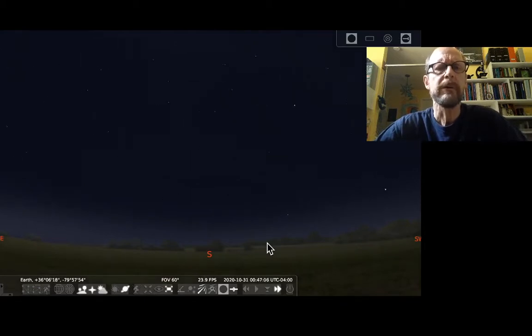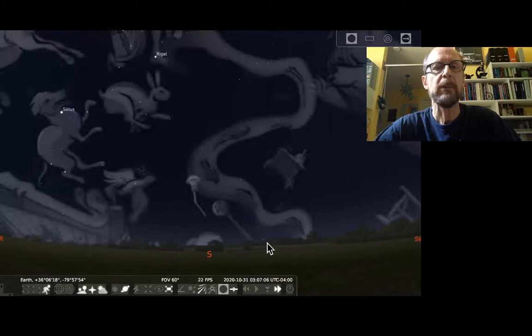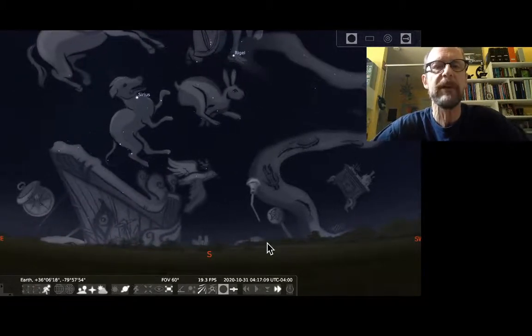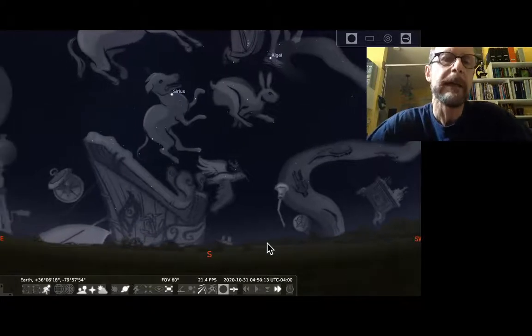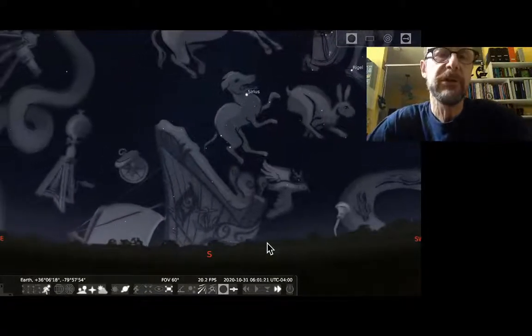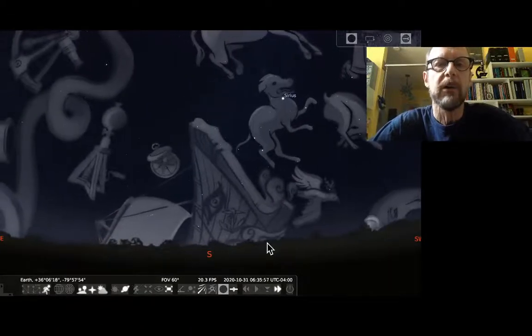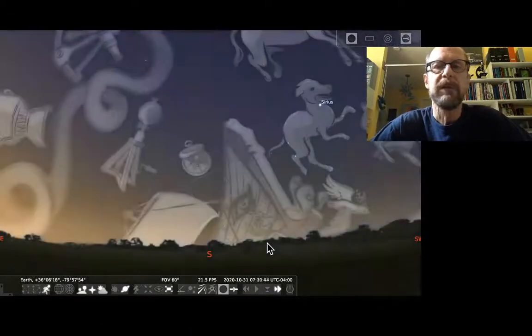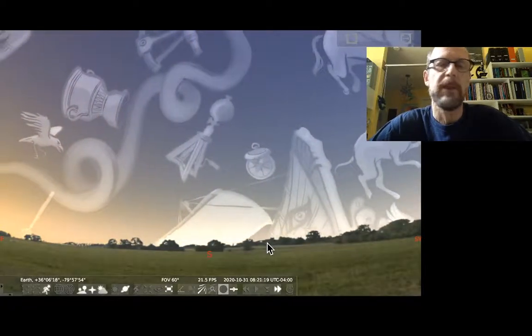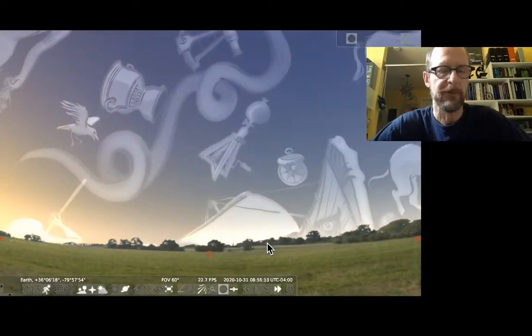So what are constellations? Well, historically, in ancient times, people associated patterns of stars in the sky with various myths. And that mythology, of course, varied from culture to culture, region to region around the world. Every culture had groups of stars that they associated with mythological stories, mythological figures.